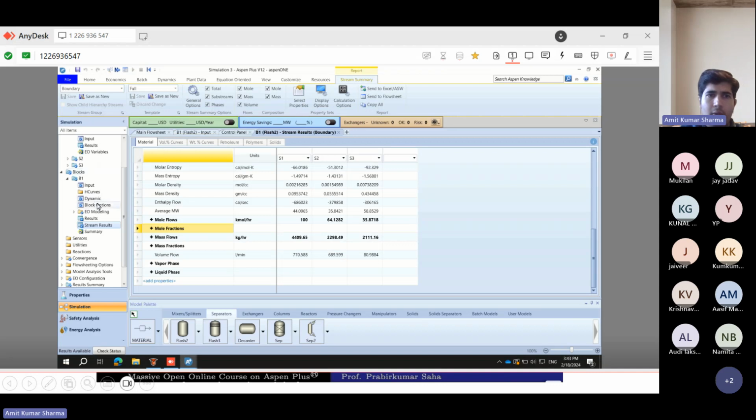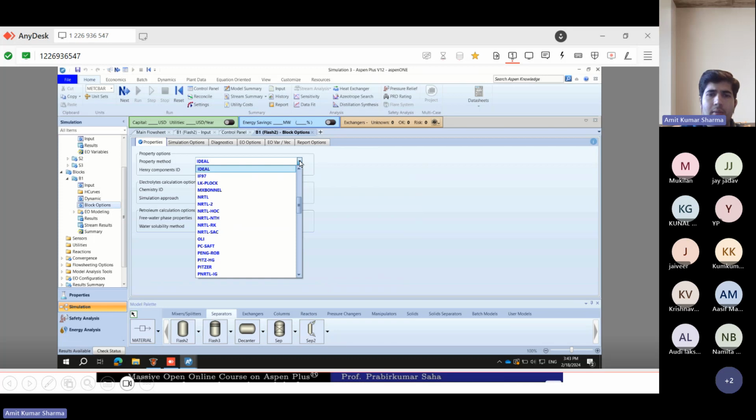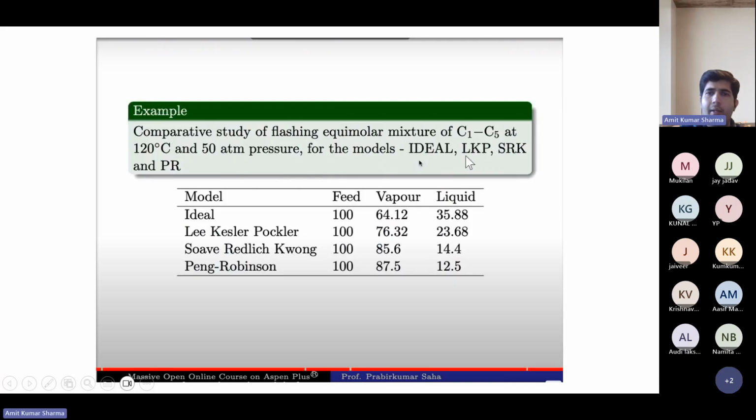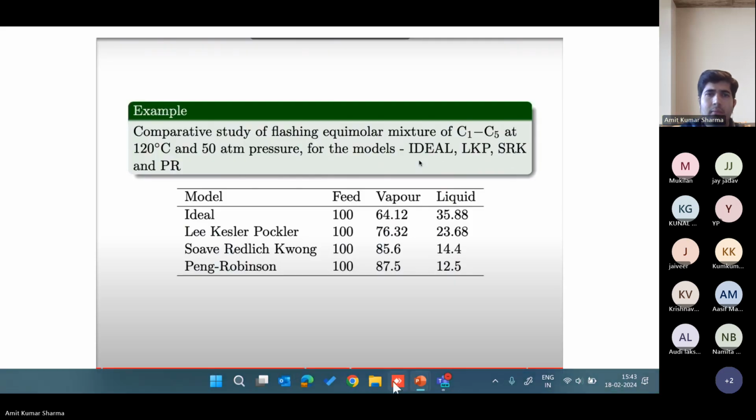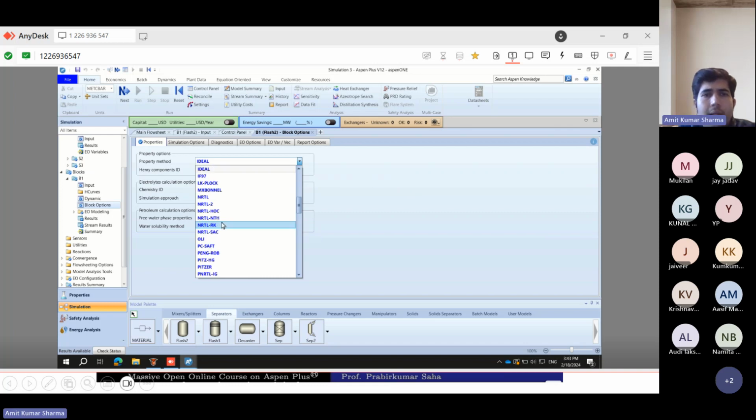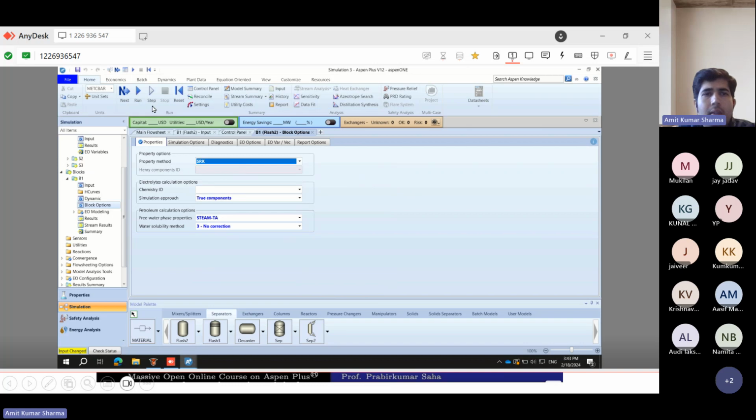Again, you can go to the block option and change the method to the other one we have defined, the SRK. Find the SRK. SRK is there. Again, run it.